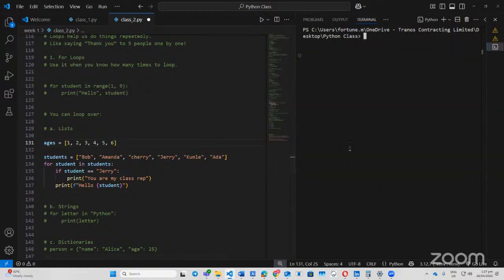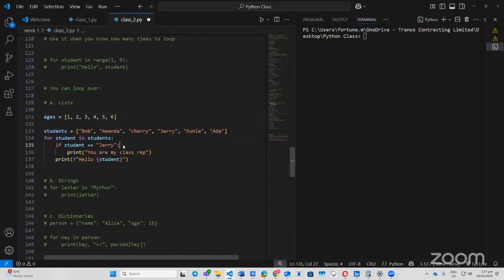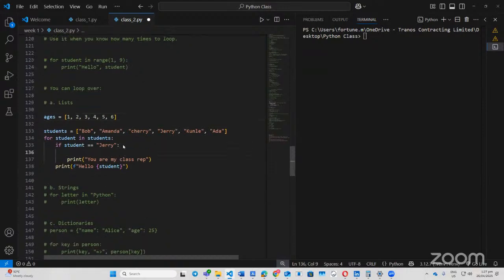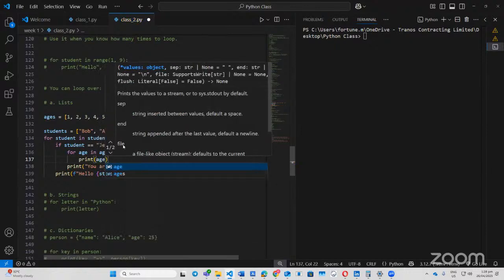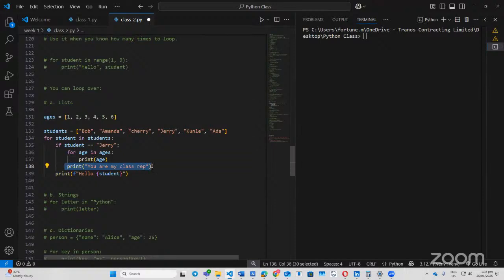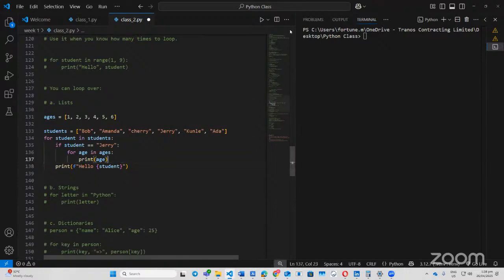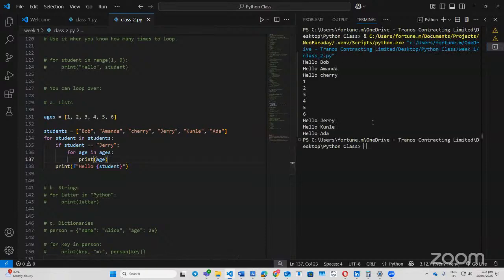So if student is equal to Jerry, right? Let's see, for age in ages. Oh, yeah, it works. So you can do more stuff in there. That's good. You can also use a